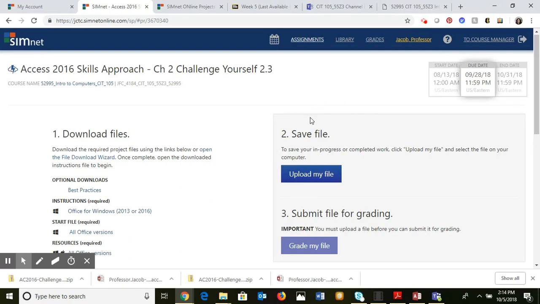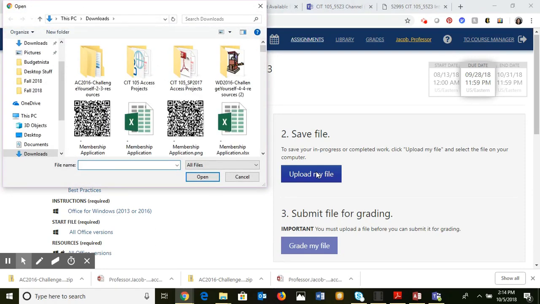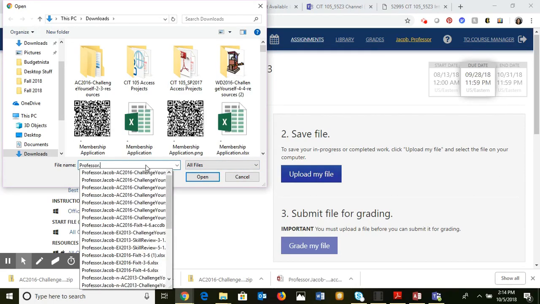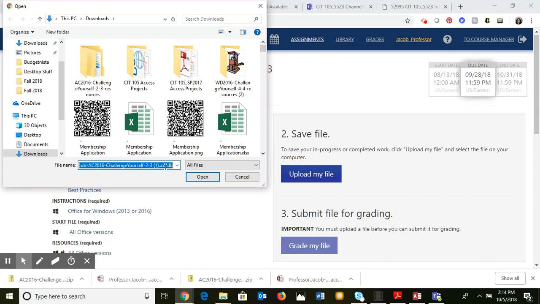Once you do finish that file, you should be able to select Upload My File and then come into your downloads area. My first name on SimNet is Professor.Jacob. And I have many of these, so I'm just going to choose the first one. That's fine. Now, I didn't finish the project, but of course you're going to finish the project, and that's what's